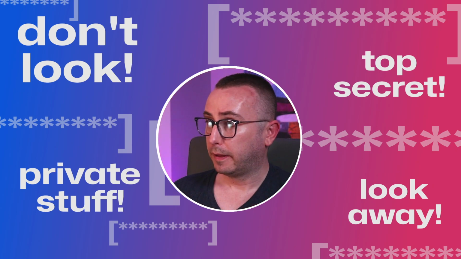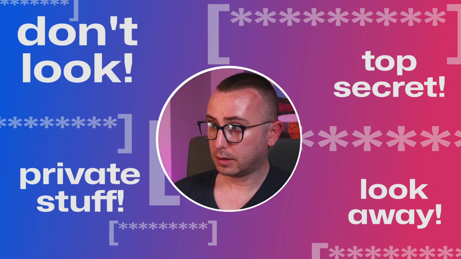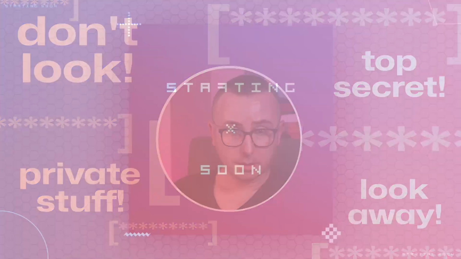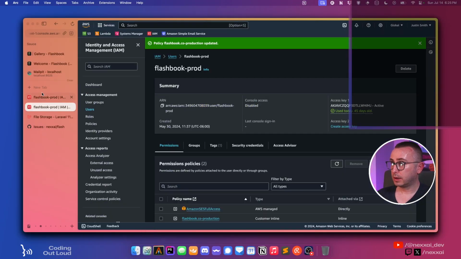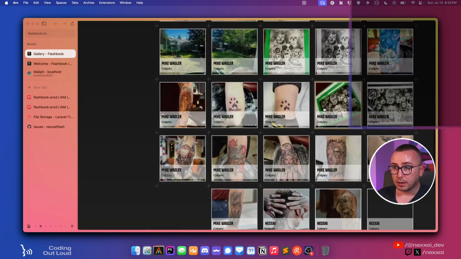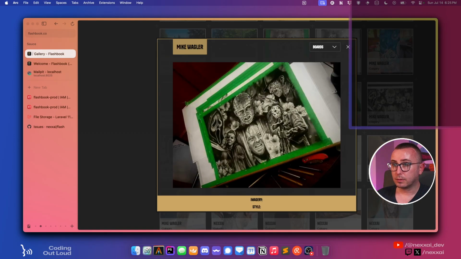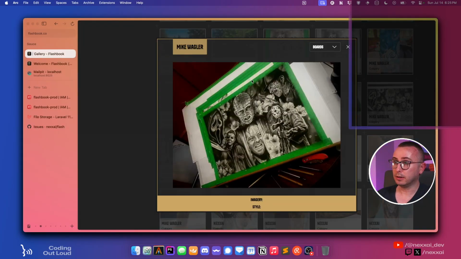Images.flashbook.co. All right, so if we close out of here, art config cache. Oops, sorry about that. If we go here now and we refresh these, are we getting the correct URL? Okay, so it's got the images.flashbook.co. Okay, so we're halfway there now. So now what we can do is we can say,